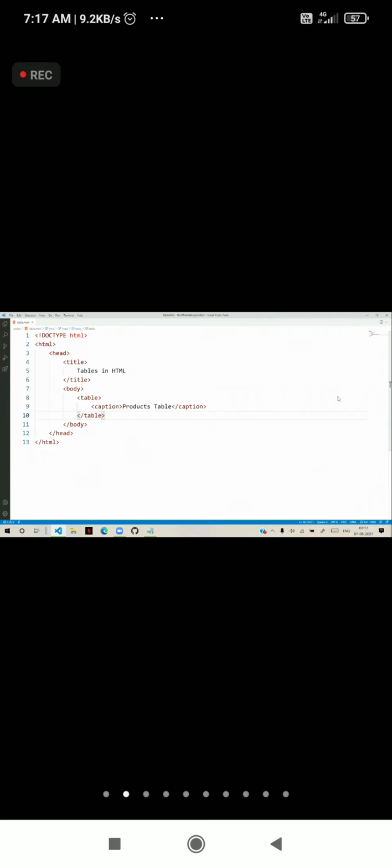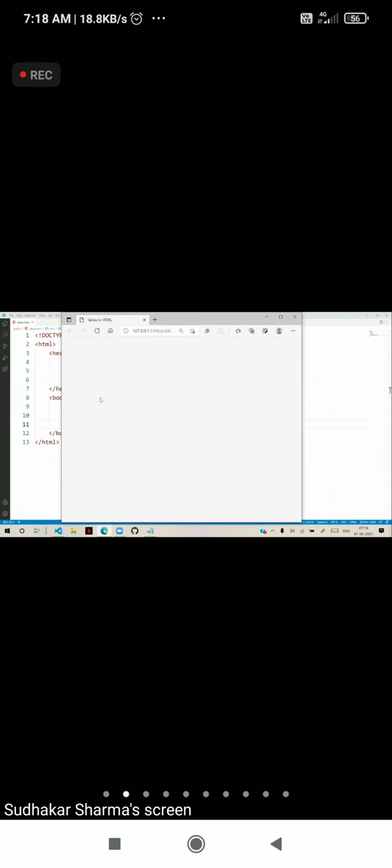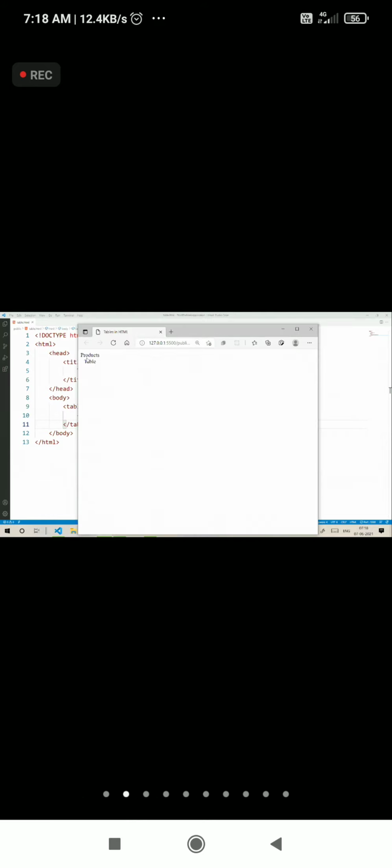Now in the caption here, once you see the output, you see it will look like this. That is the table we are having. And in the table caption, we have product table. This is the caption.